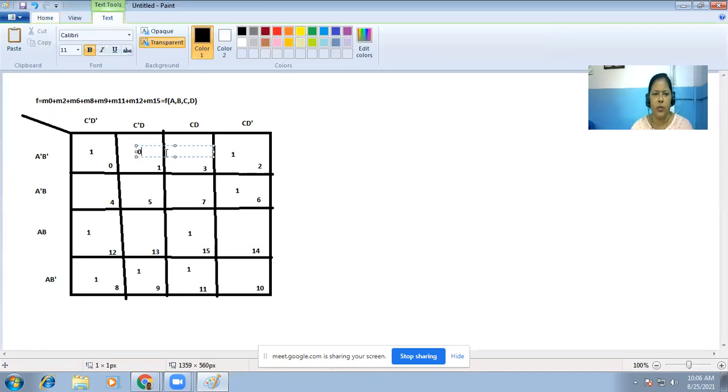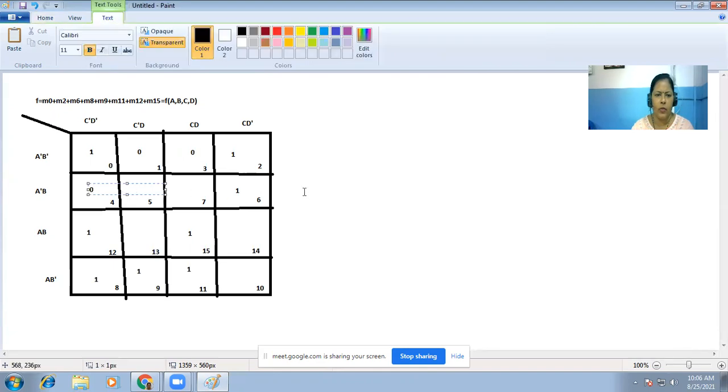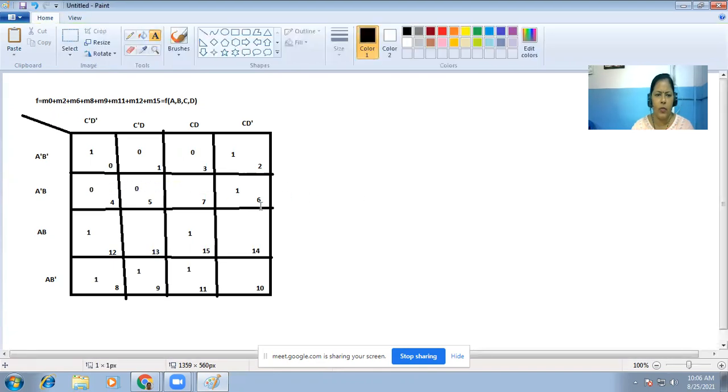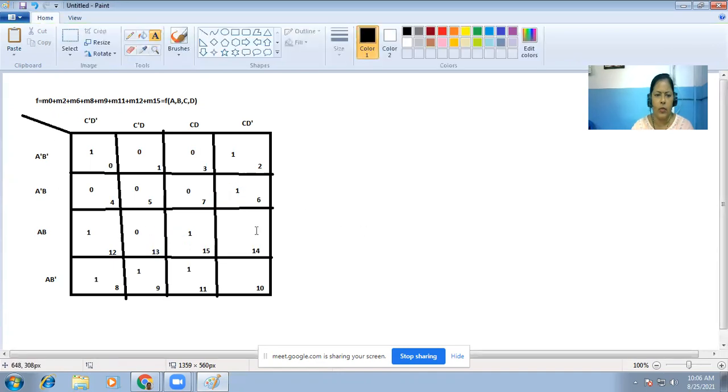This will be 0. So this is the most left hand side 1.